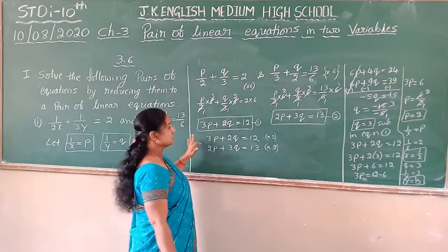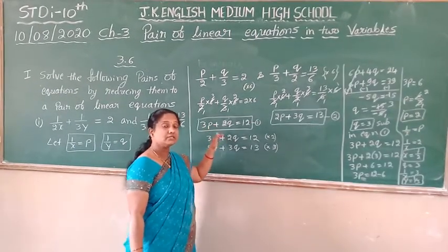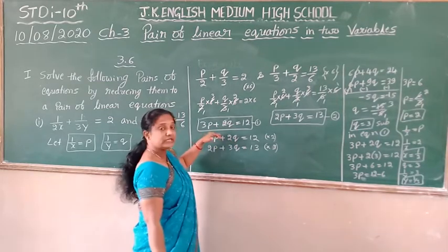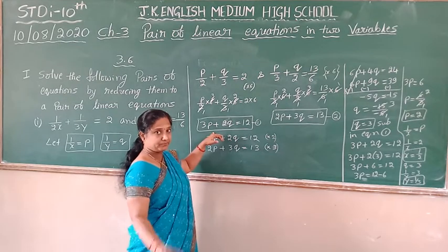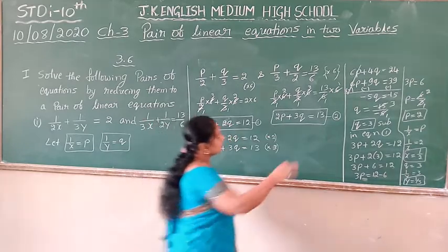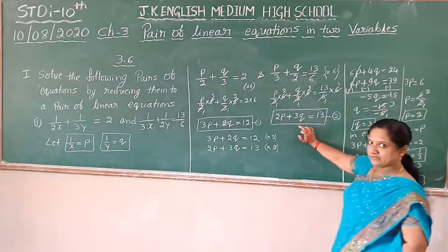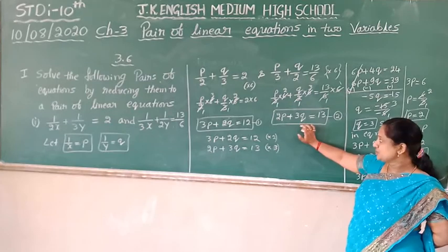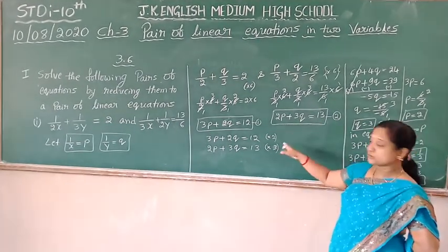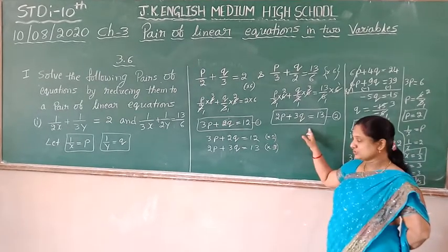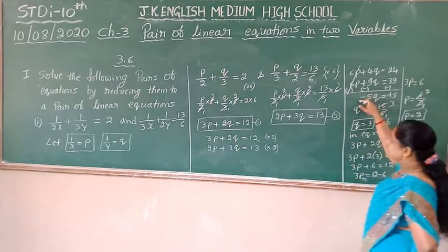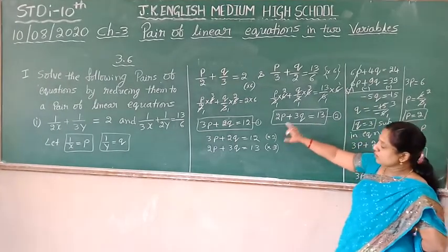This is now the general form of equations in two variables. We got the variables in the form of p and q now, whereas it was there in the form of x and y. We got a general pair of linear equations in two variables. We simply consider these pair of linear equations and find the values of p and q by the elimination method.